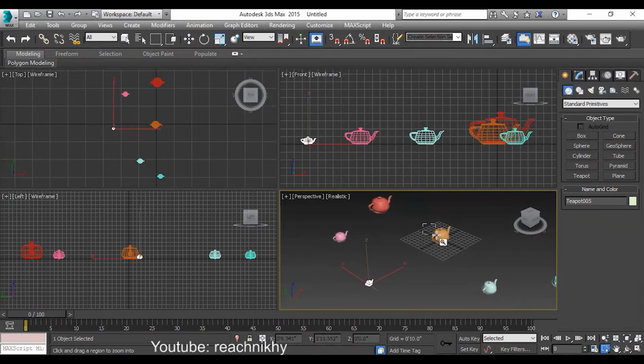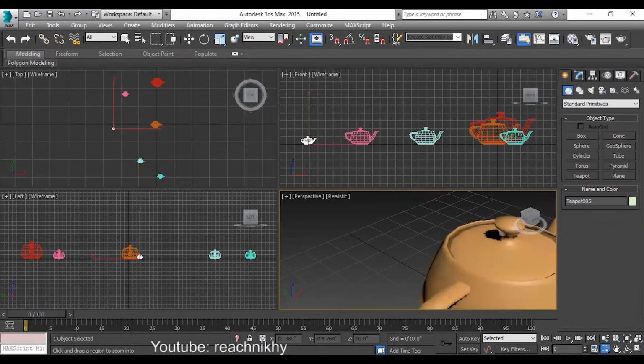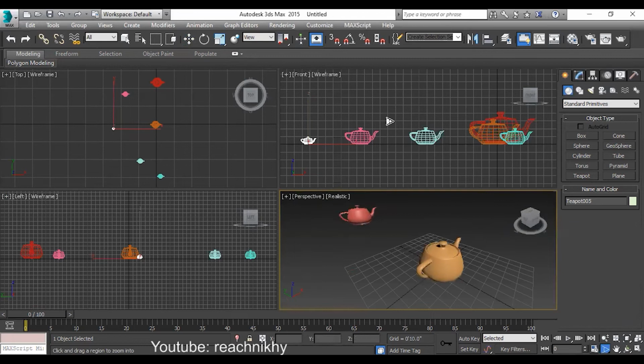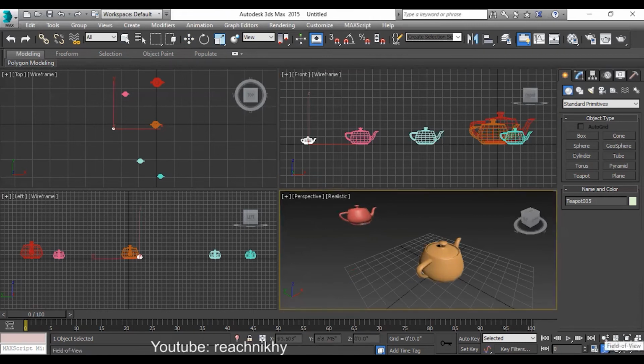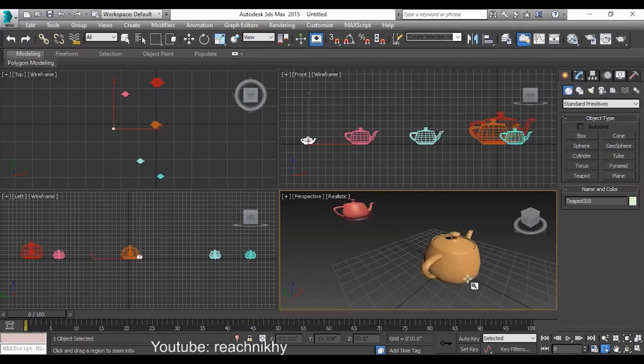You can do it in a 3D viewport also, but this field of view works only in perspective. If you come to a 2D viewport and click, there is no field of view in this and it automatically changes into zoom region. But in 3D, you'll get it like this, field of view and zoom region also, both you get in the same. Got the idea? So that's what your zoom region is.